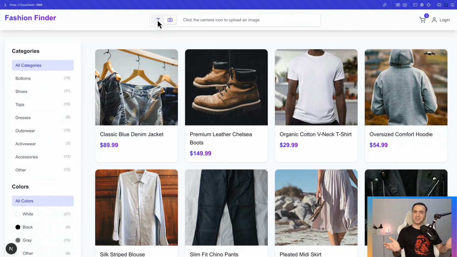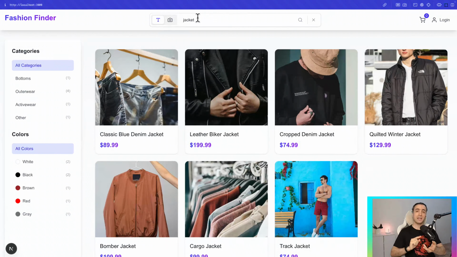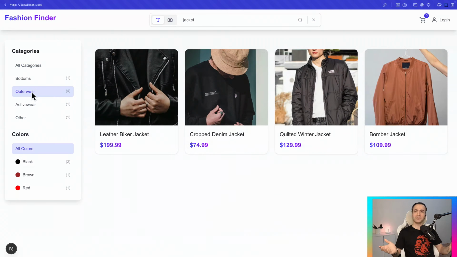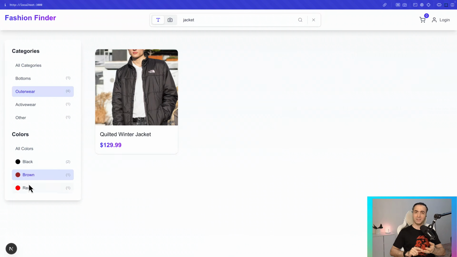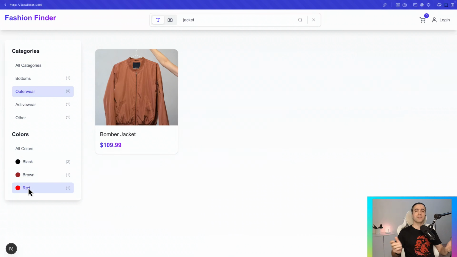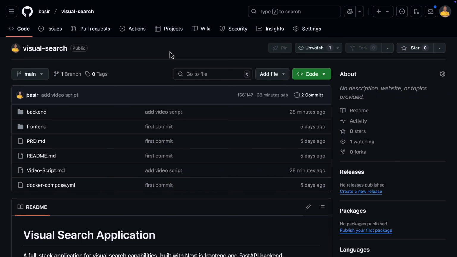But we don't stop there. We'll also automatically detect product categories and dominant colors from images, enabling powerful filtering capabilities. By the end of this tutorial, you'll build a visual search system with automatic product categorization, color detection, and a beautiful responsive user interface. Before we develop the project, let's see how easy it is to run the complete application